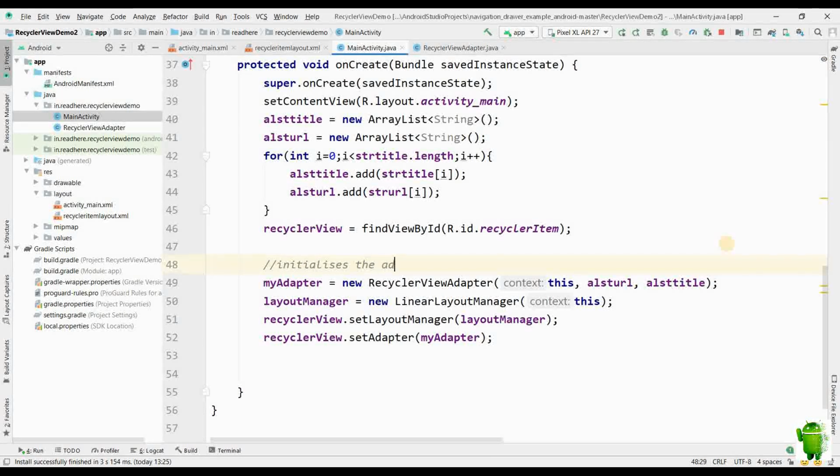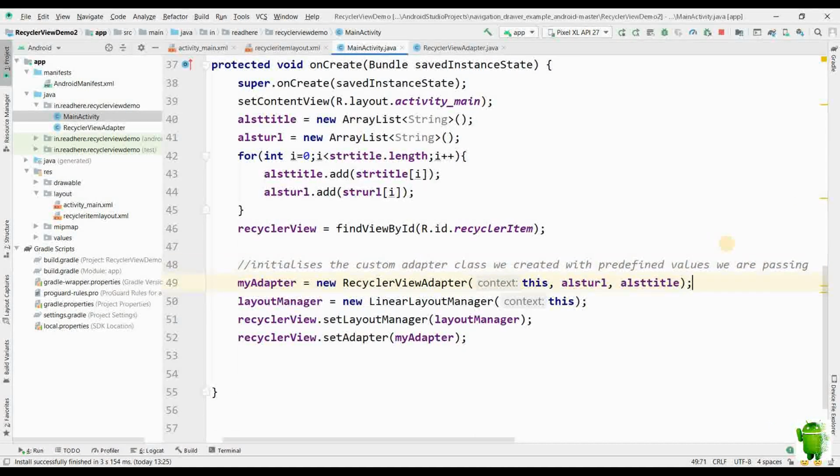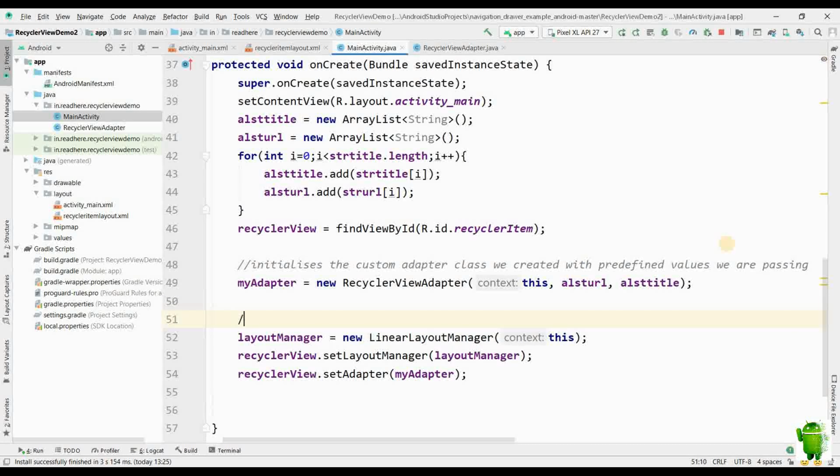Now all we need is to mention one permission in the manifest file. Here in the activity file we have initialized the custom adapter class that we created with predefined values that we want to pass to the adapter. This is a layout manager.